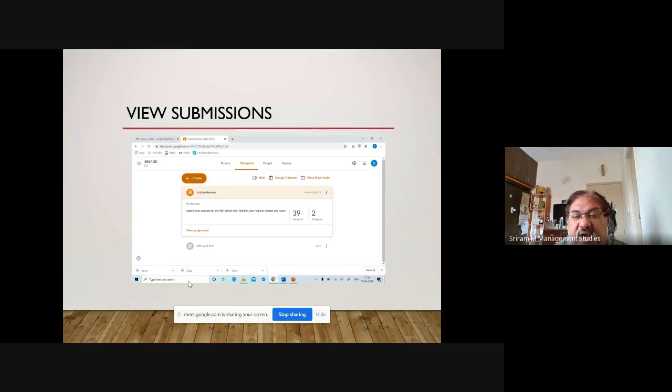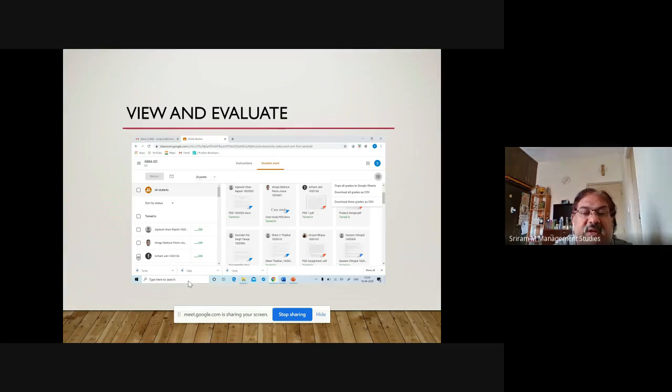And individually, if I click on that 39, you'll be getting a hand kind of a symbol. When you click on it, I'll come to know how many people have submitted. So all their work can be viewed, and you can grade them. You can see on the left-hand side, there are grades. I made it for 20 points. So individually, I can click on each of these assignments, go through it, and after that, I can score it.